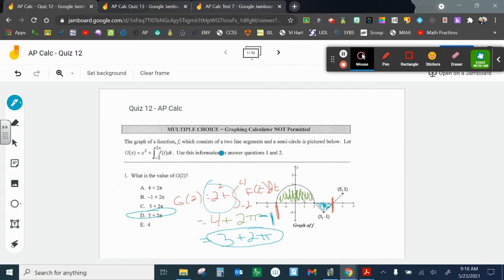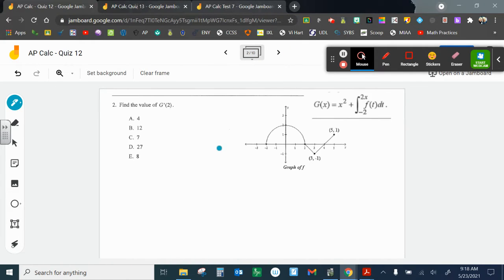Okay, now with number 2, we use this same graph, and I think I put it on number 2 here. Now I want to find the value of the derivative. So now we're getting into the second fundamental theorem of calculus, and I'll pop over there. We're going to use that a couple times. So now, hey, this is g of x. They want to know what g prime of 2 is. So let's first take the derivative. Well, g prime of x, so we just take the derivative of x squared